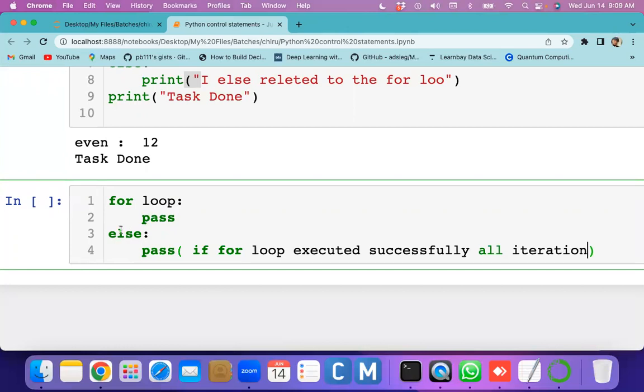In that situation only this else will execute, otherwise it won't execute. You can keep that in mind.